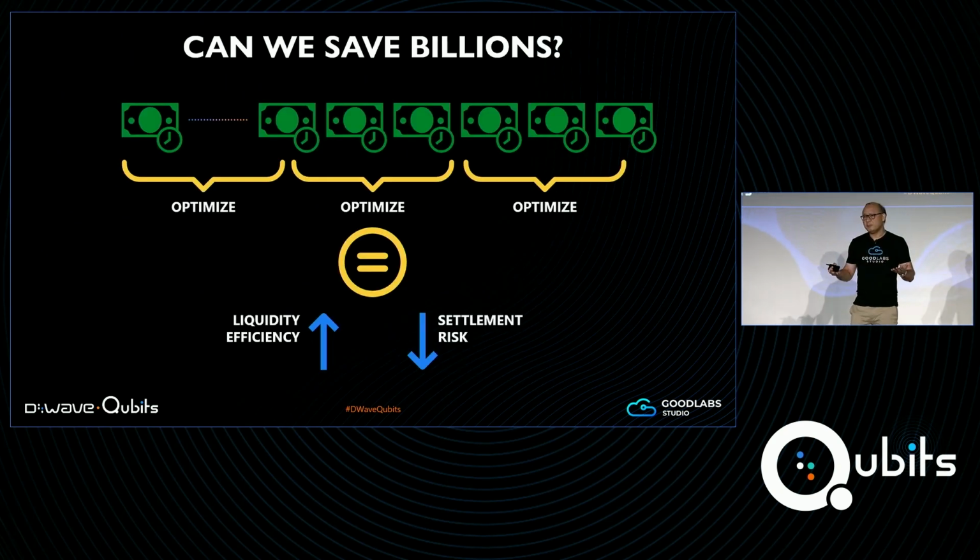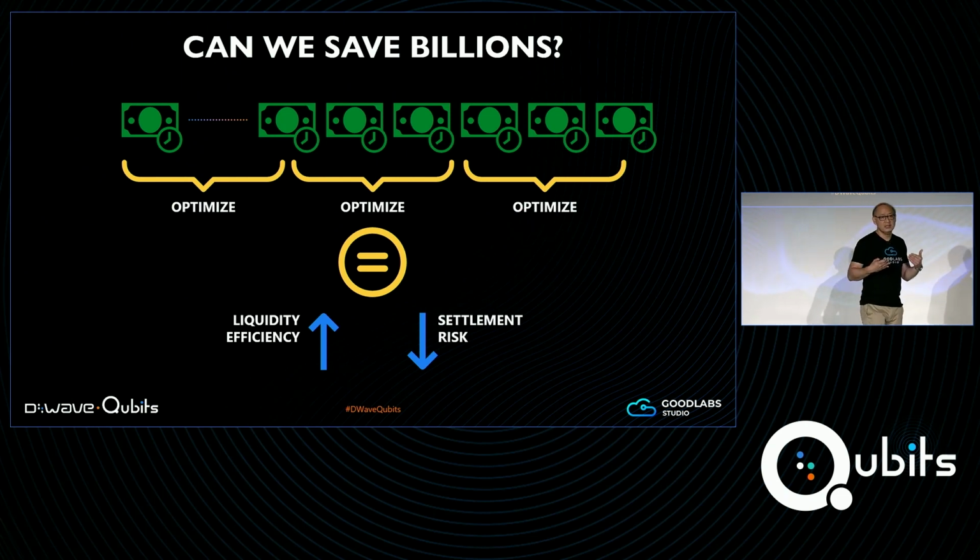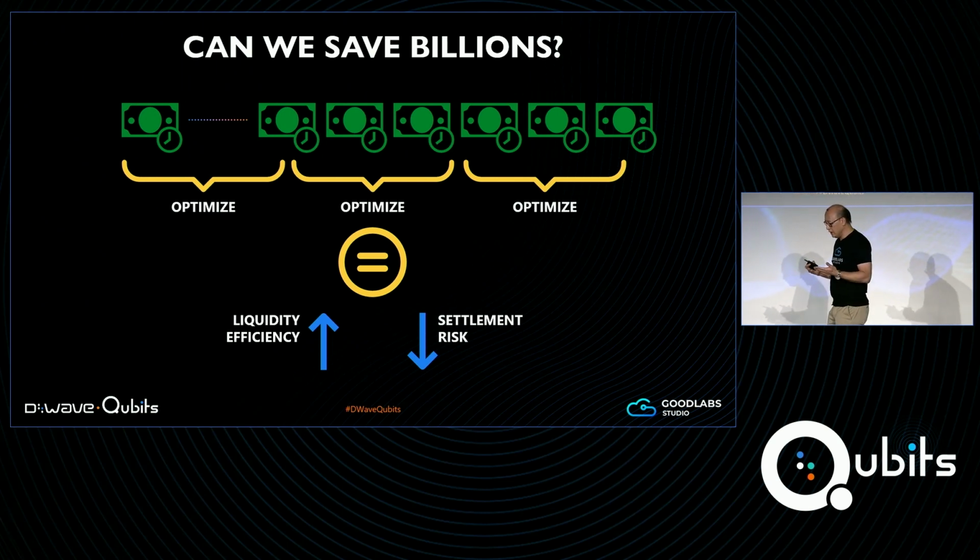So one of the big disadvantages of, or the current shortcomings of existing LSM is that they are ad hoc, non-optimal, you can call it what you want, but what they don't do is they don't search on the entire solution space to find the solution that would minimize liquidity costs for participants. And this is where we come in. So our solution is fairly simple. We run this novel algorithm that searches on the entire solution space and tries to rearrange payments within a queue so that we can minimize the liquidity cost of each participant.